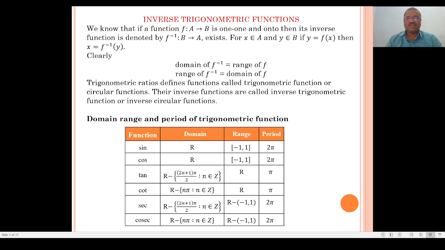For the function cot, domain is R minus {n pi such that n belongs to Z} and its range is R and period is